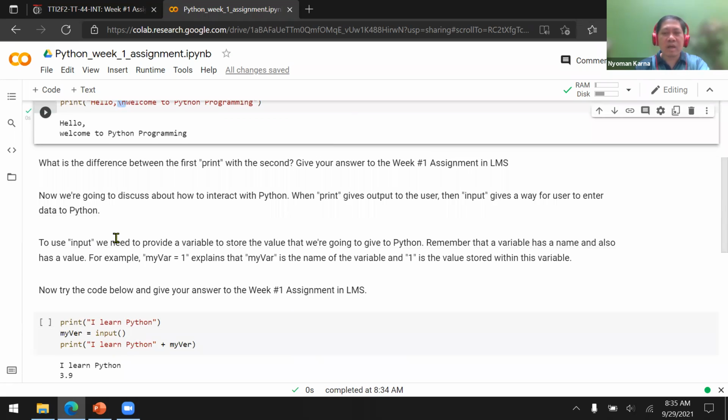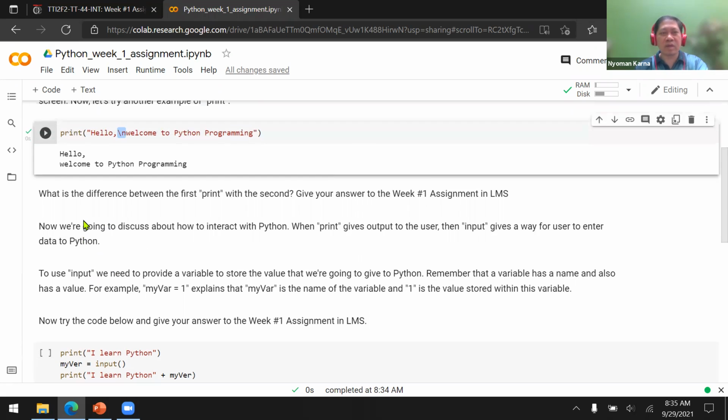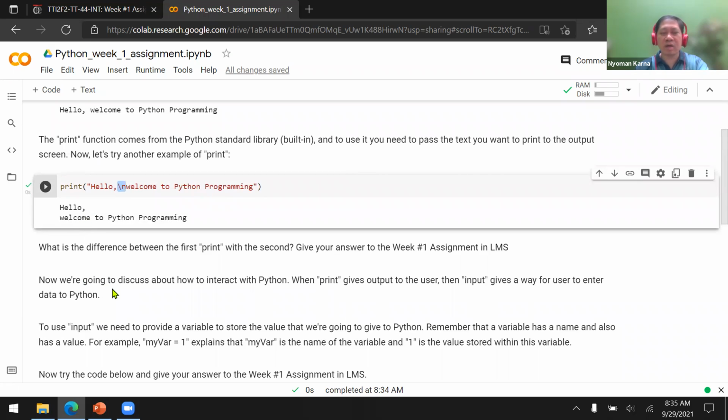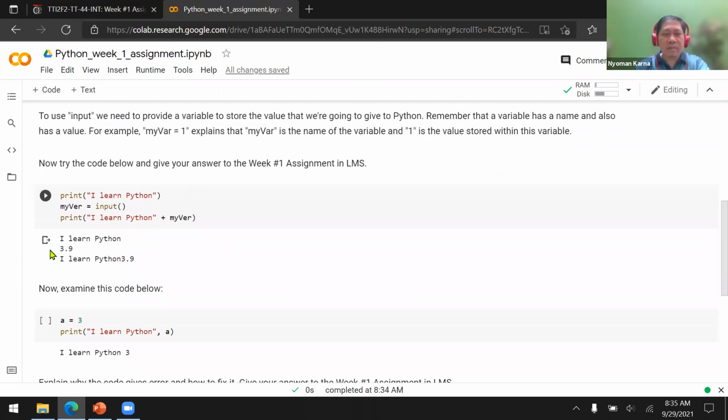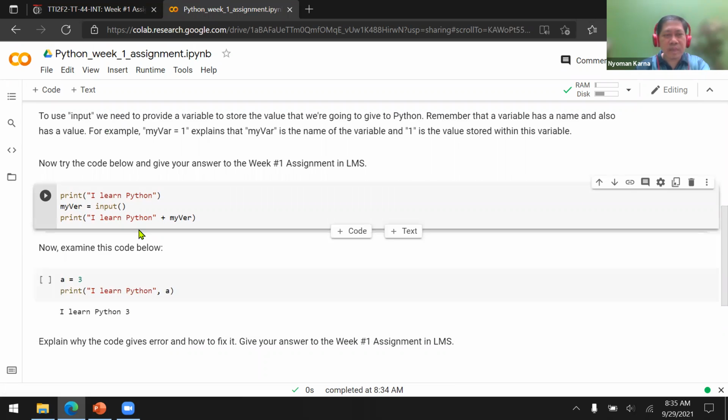Now, after we've seen the difference between print without \n and print with \n, we try to run the next code.